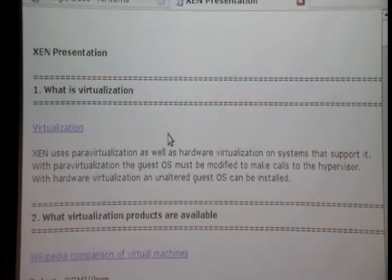Since I get to go first on the virtualization stuff, I was going to cover basically what is virtualization. Virtualization is, at least from the hardware standpoint, when you take one computer box like this and chop it into pieces, each running their own operating system. Depending on what kind of virtualization product you're using, you can run Windows, Linux, Macintosh OS X,